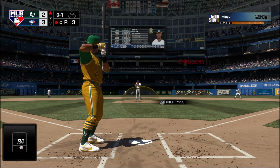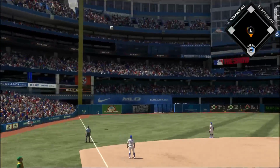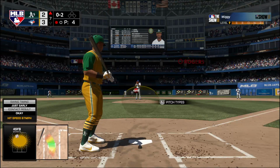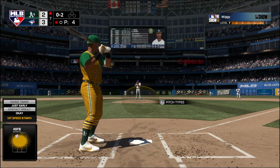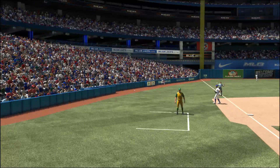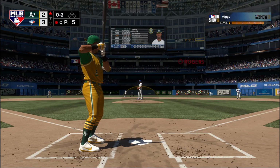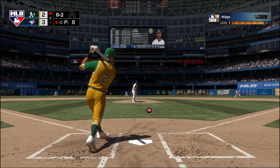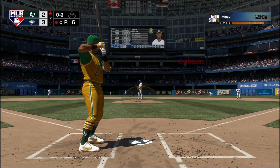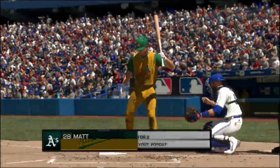Past history with Joe Biagini, not a big sample size, 0 for 1. Davis connects and sends it to deep left field. And a big sigh of relief on the mound as that nearly tied it, but this ball is foul. Turned on, but that's ripped foul down the third baseline. Another 0-2 coming. Swing and a little tapper. That wasn't a terrible pitch right there, but if he's going to execute and get this swing and a miss, he's going to have to get that. Oh, and while we talked, that pitch got away and ended up hitting him, so he'll head down to first